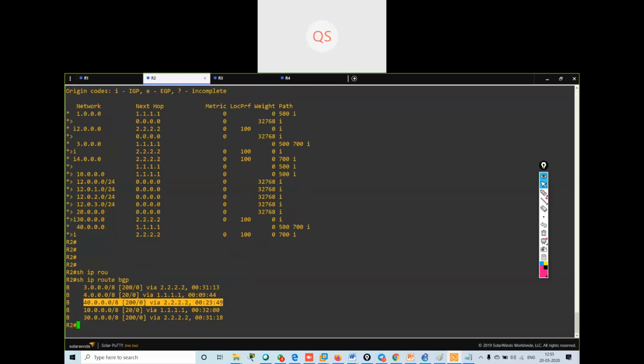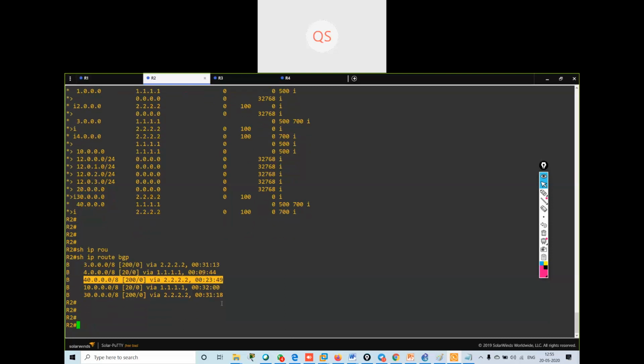Now what I want is to change the local preference value on R2. All the routes that are exiting the AS600 via R2, we will change the local preference value of R2 higher than the default.